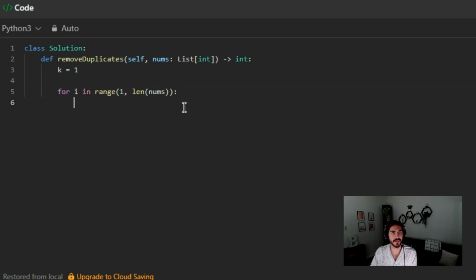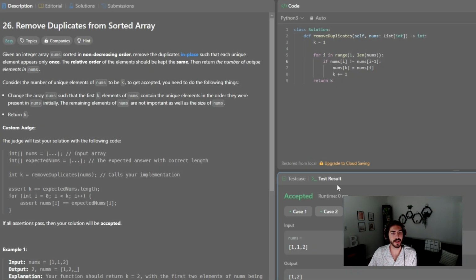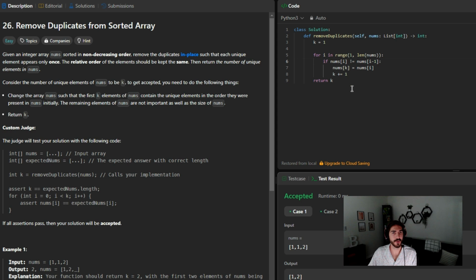After this, we can see if our nums[i] value does not equal nums[i - 1]. And if that is correct, then we can assign nums[k] to be equal to nums[i]. After that, we will want to make sure that we increase k by 1 for each occurrence that we have. And then in the end, we will return k. So let's go ahead and run this. Oops, I forgot my if in the if statement. Let me go ahead and run that again. And now we can see that this test case is accepted. And if we go to submit,